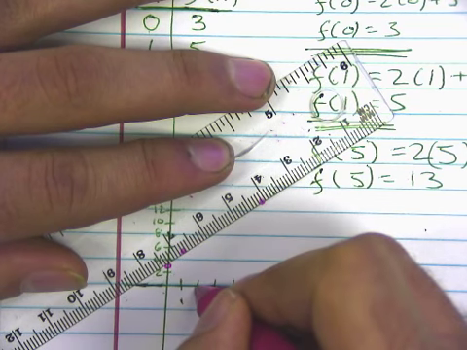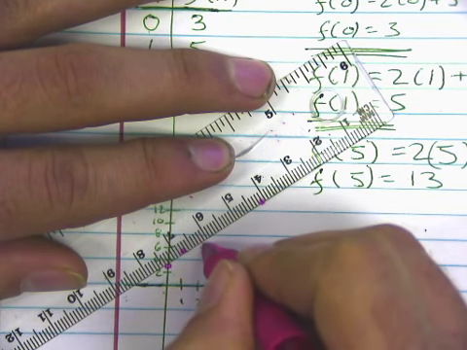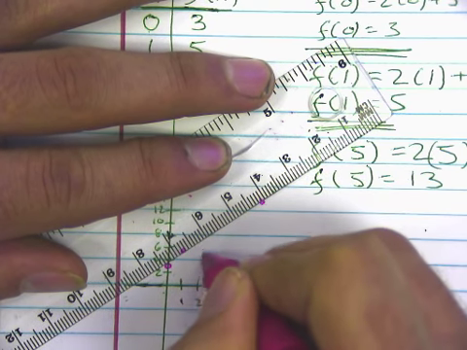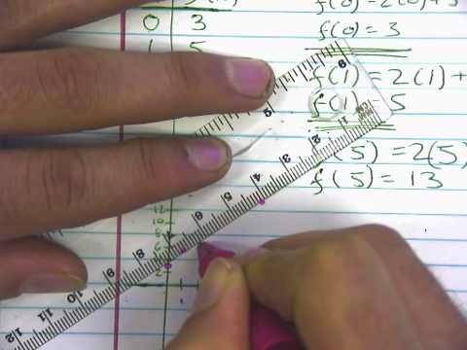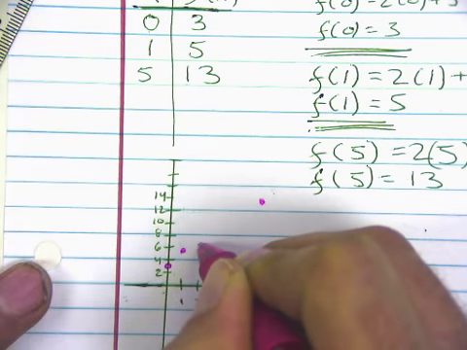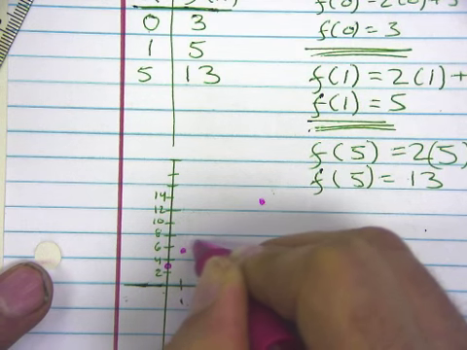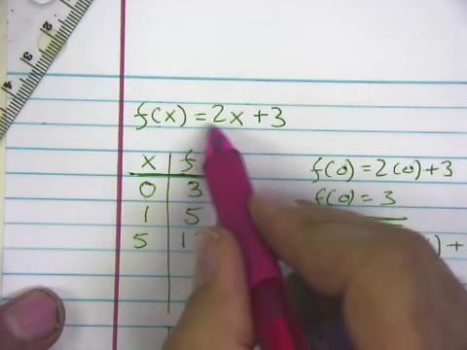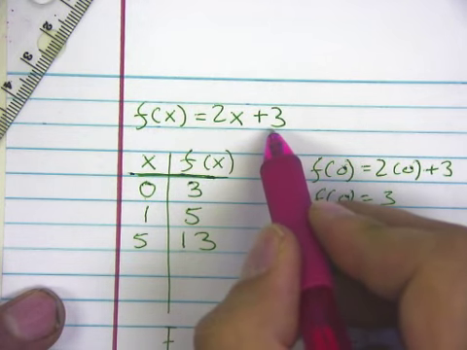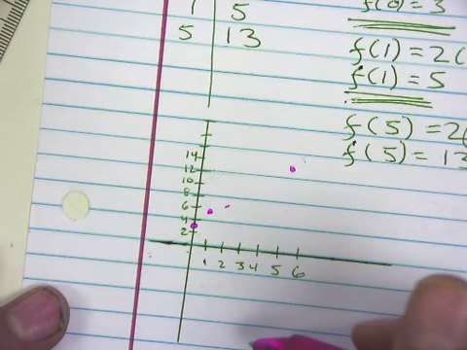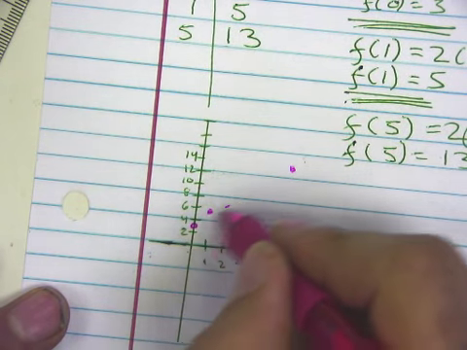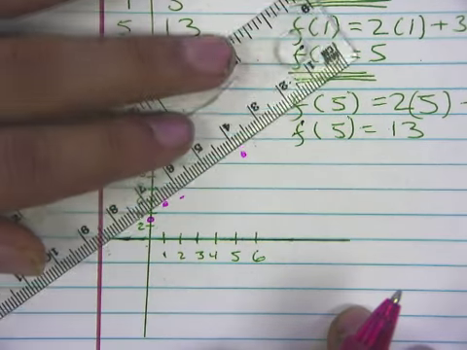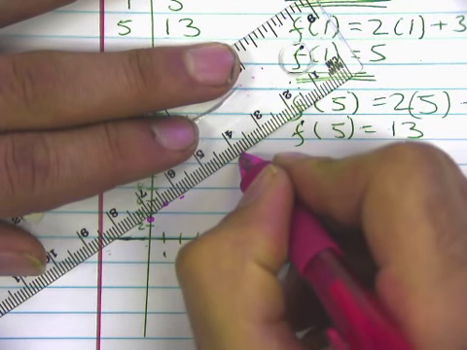So when we input 2, for example, if we try to line this up, our output should be about there, right? That looks like it's about 7, right between 6 and 8. Let's just check that real quick. 2 times 2 is 4 plus 3 is 7. Just what the graph showed. And in fact, that would work for every single value along this line. So to sketch in all the rest of the values for f of x,